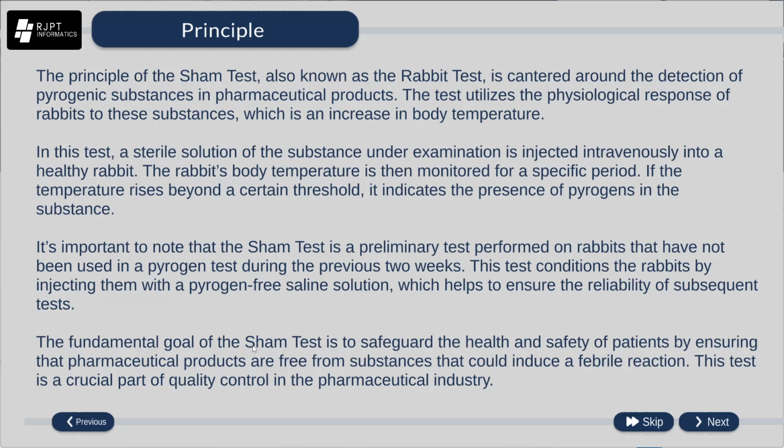Now, the fundamental goal of the sham test is to safeguard the health and safety of the patients by ensuring the pharmaceutical products are free from substances that could induce a febrile reaction. This test is a crucial part of quality control in the pharmaceutical industry. So, this paragraph says that